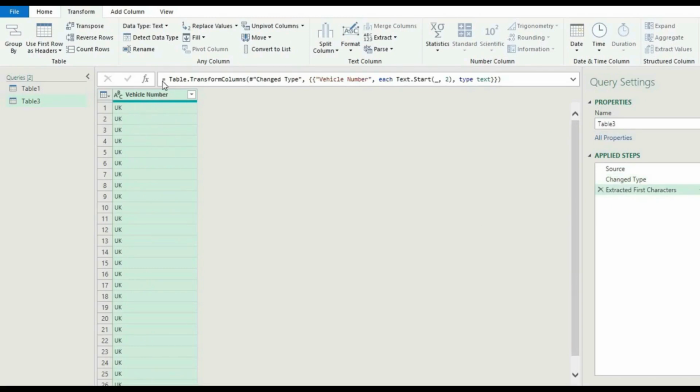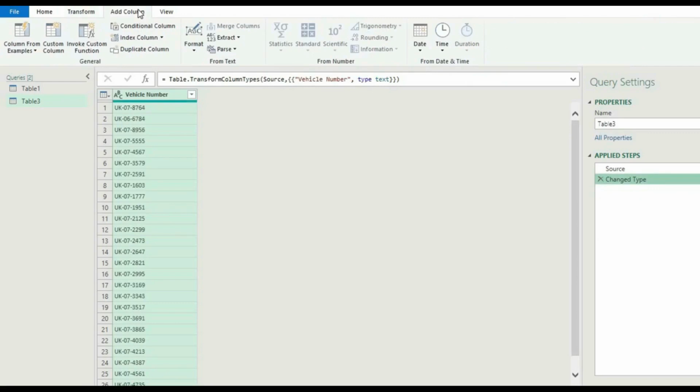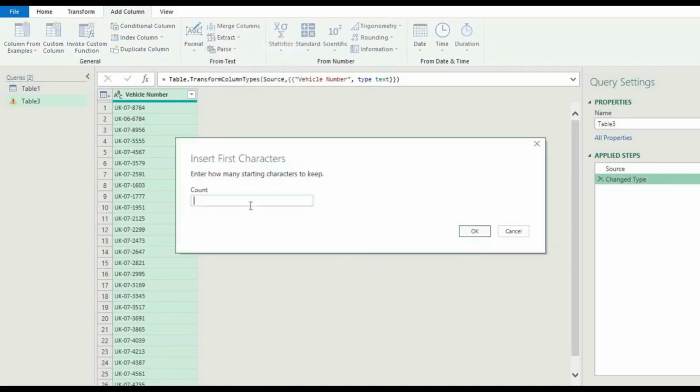So it has converted our data and is only giving the first 2 characters. We will remove this step if we want to keep the original data. For that we have another option here in Power Query, which is Add Column. So I will remove this and then go to Add Column, and in Add Column we also have an Extract option. Then I will go to First Characters, and this time I will take 2